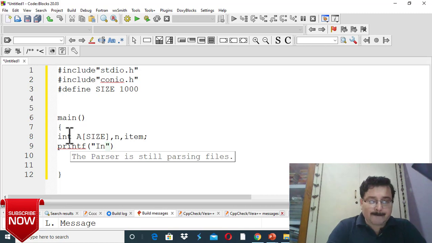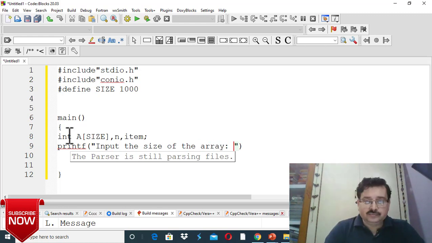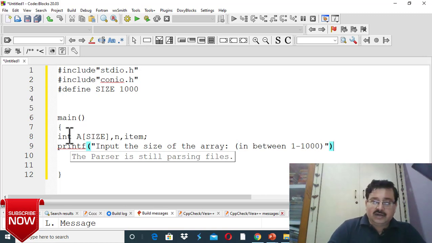So first we will ask the user, printf, input the size of the array, or you can say in between 1 to 1000, because we have taken the limit maximum 1000, so we cannot exceed that limit after creating the exe file of this program.